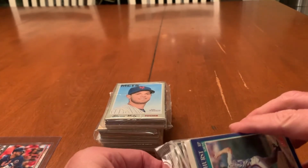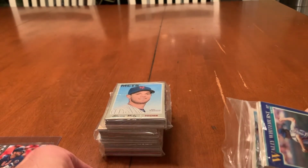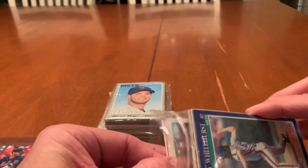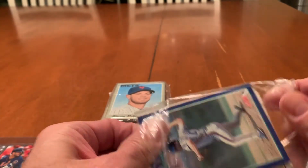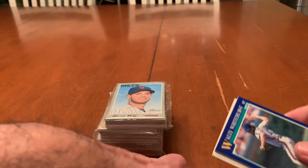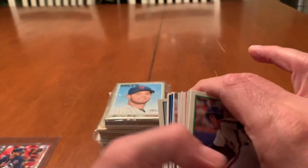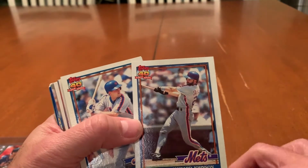Let's see. Oh, that looks cool. All right. Okay, so let's do it. Nope, I got that backwards, but there we go. So this is a Score, Kevin McReynolds. And we got